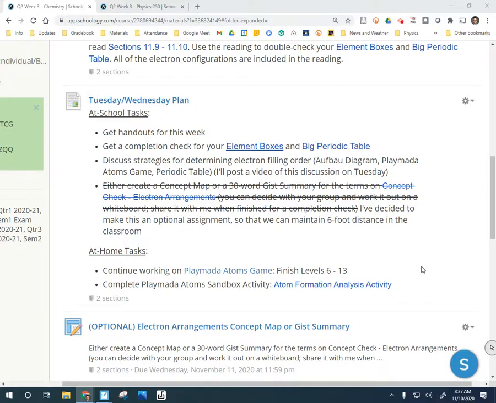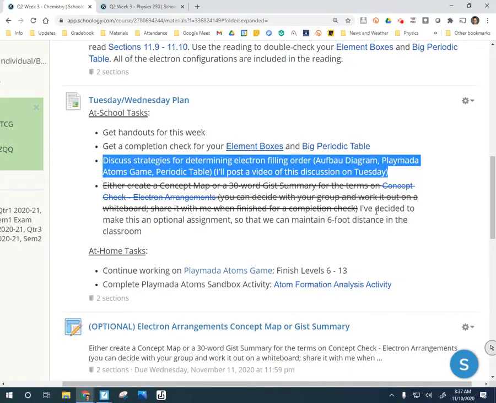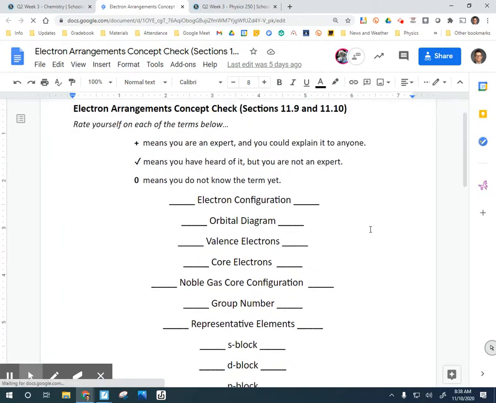All right, so I wanted to talk a little bit about the Tuesday plan and also some strategies going forward for electron configurations. I did also want to mention that I've changed up the last bullet here. I was going to do a group activity with whiteboards using this handout, which you will get when you're in class. We've done this before with